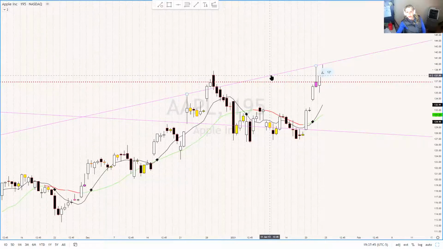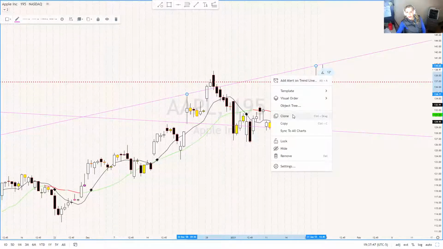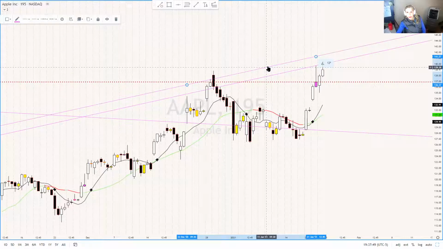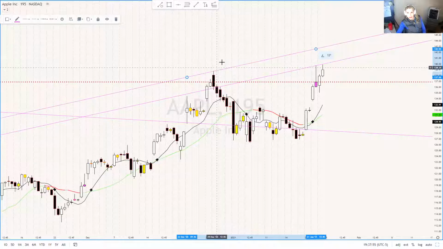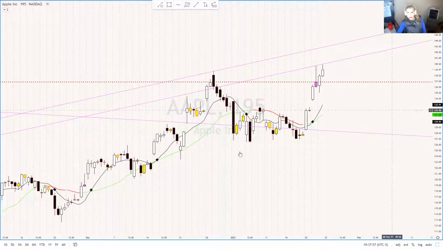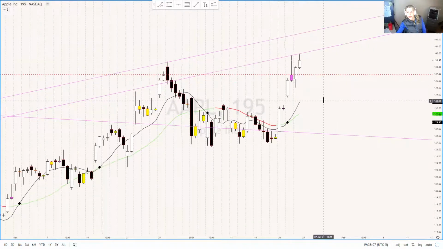So when I see something like that, I will take that top line and I'll clone it. And if there's another candle, like in this case, we have this candle that I kind of cut out because I tend to cut out the extreme highs and lows in my formations. I'll just take it and clone it and move it out to that other candle as another potential target. And one of the secrets